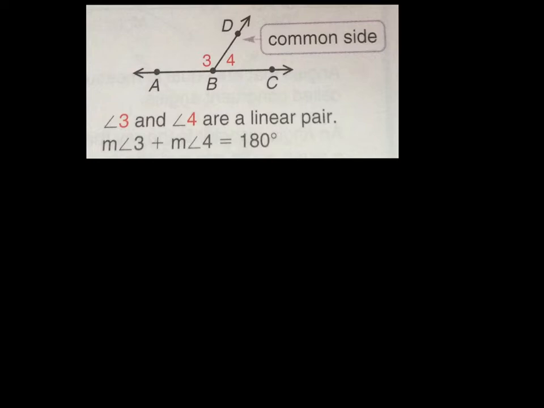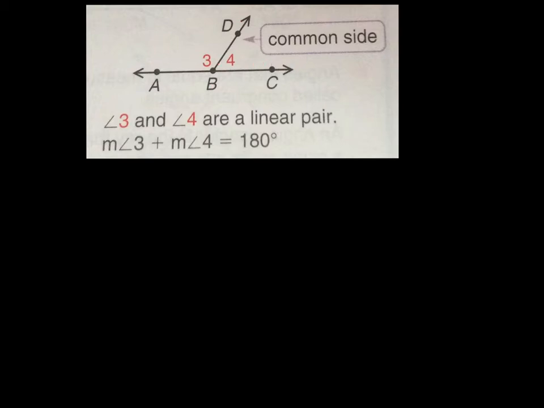Here we have an example of a linear pair. This looks like adjacent angles because we have the angle DBC and DBA, and they're sharing this common side and they're sharing this common vertex, which would look like it would be an adjacent angle. But when these are opposite rays, the angles form a linear pair. The angles are supplementary because right here